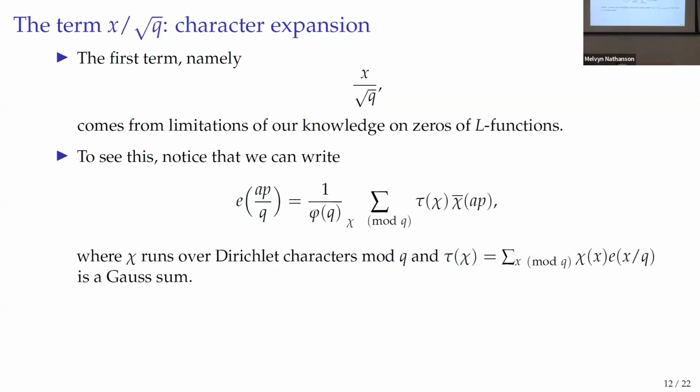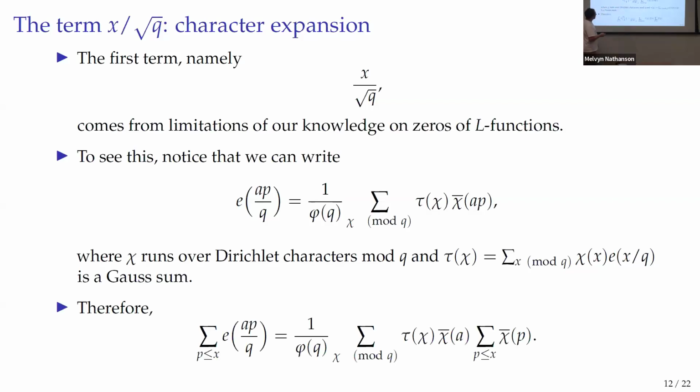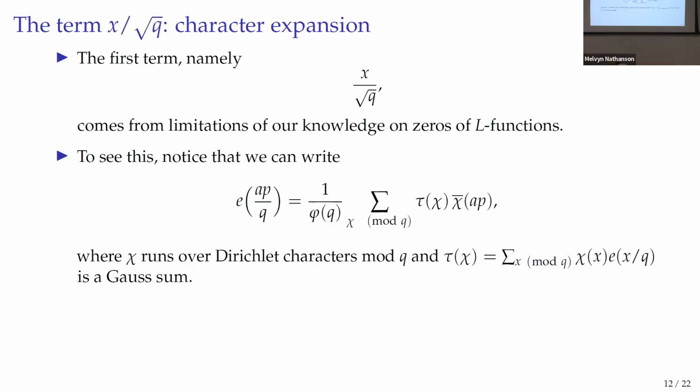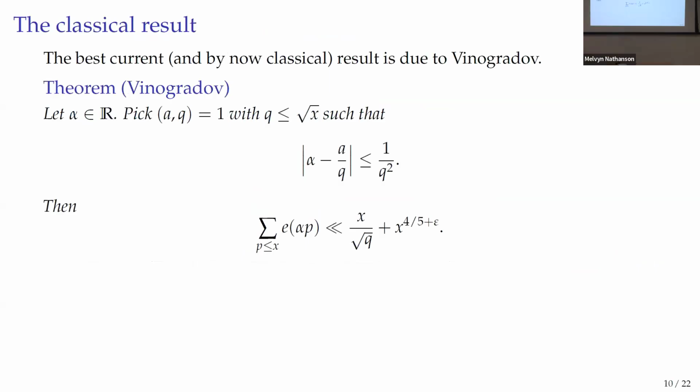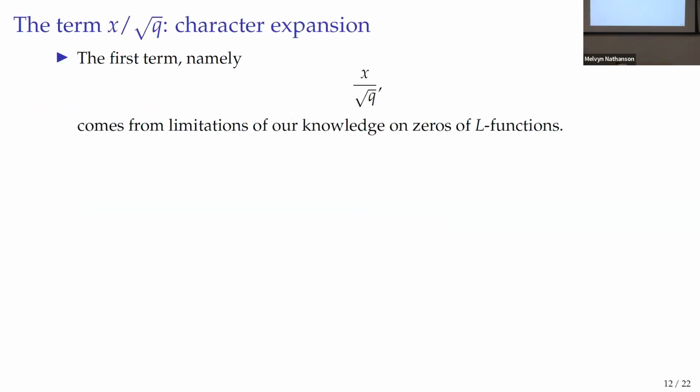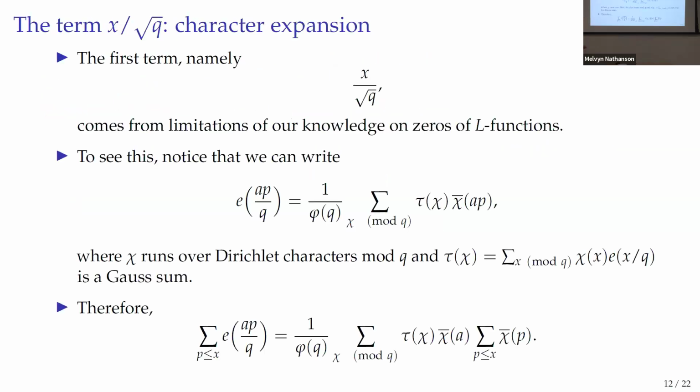Okay, so now that we have this, what I can do is just sum over primes. Statement of Nagrado and then your improvement. Is q prime? No. Or is it just anything? Yeah, q is anything. Just anything like this. This was just to make things easy because then I have only l congruent to 0 mod q to worry about. Okay, so I sum over primes, and I'm getting this expression.